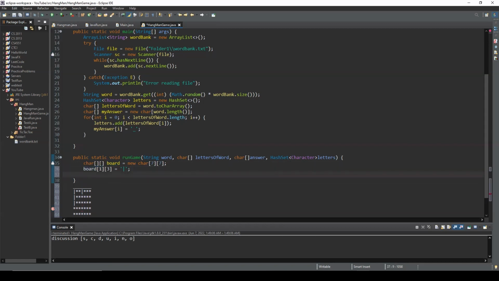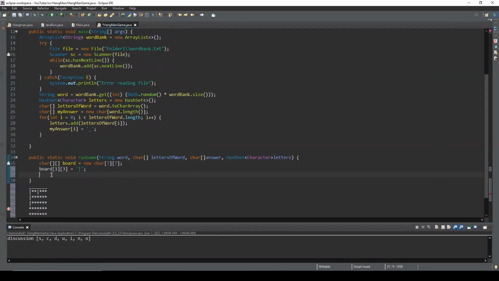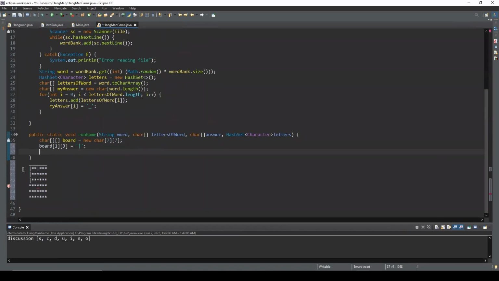Next thing that we're going to want to do is, for this example, I am going to make coordinates. I know we can make a function that already has the hangman board drawn out for us, but for this example I'm just going to be updating an existing board, and the way we do this is we are going to make a coordinates